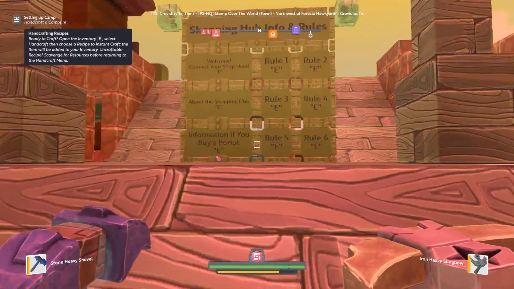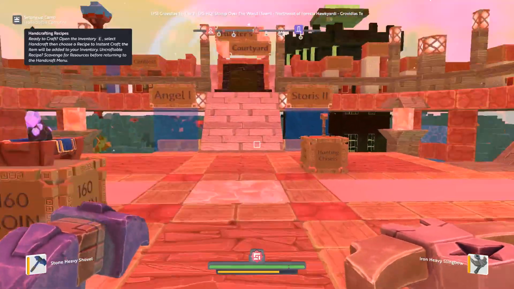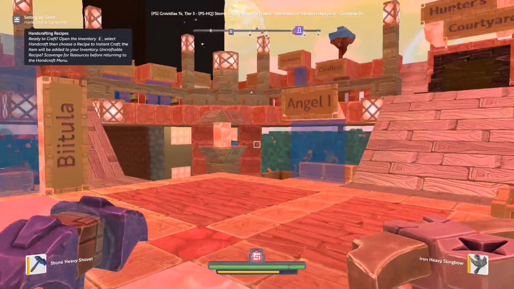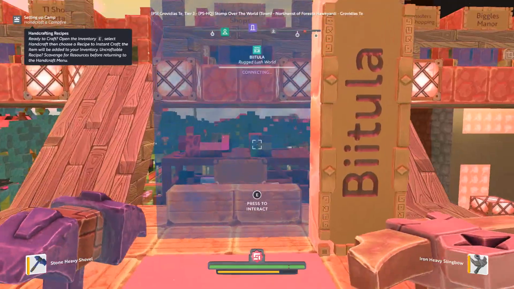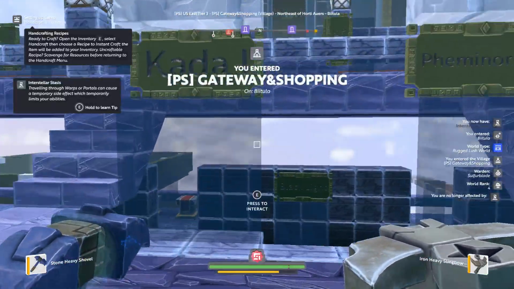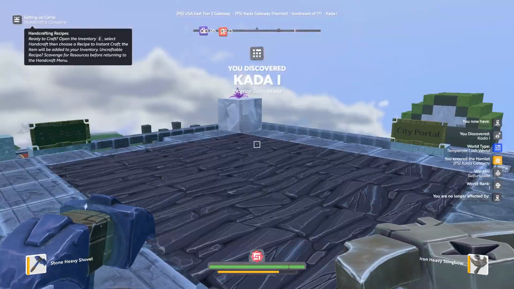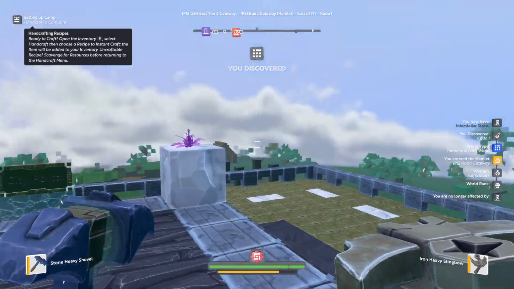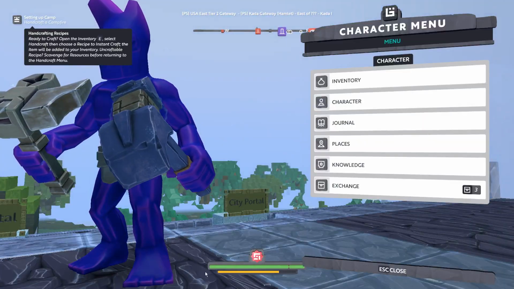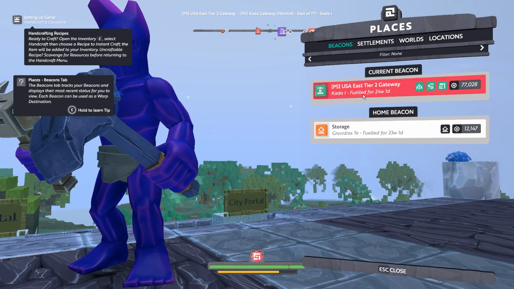So, I was thinking that maybe we would go and check out some of the new planets and see what might be on the new planets. So, here we are at the Kada 1 gateway. And somewhere here is